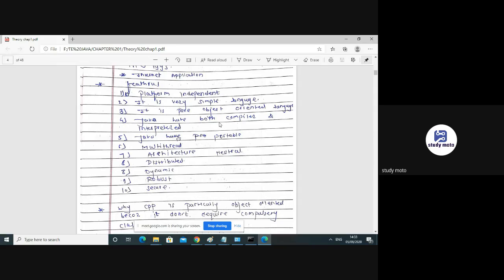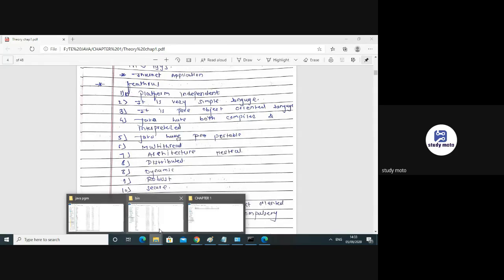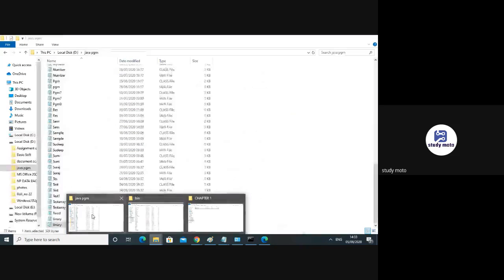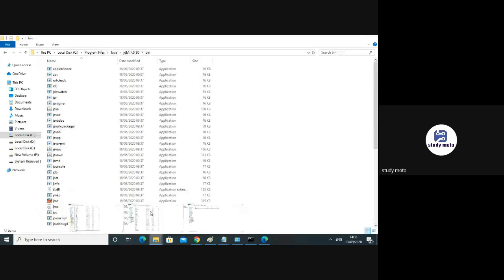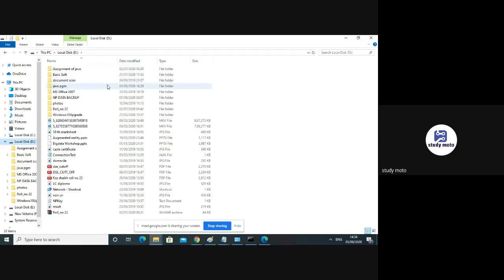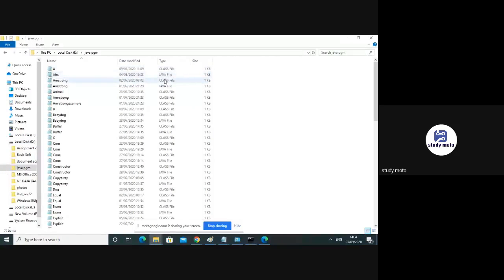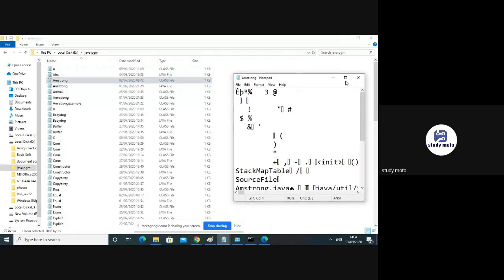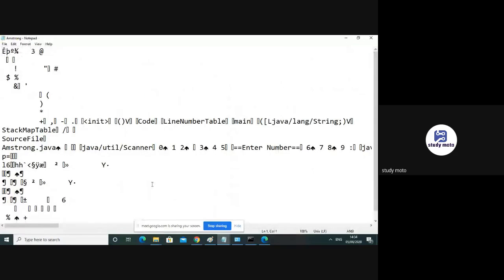Because it generates bytecode, and bytecode cannot be read by anyone. That is the code of the Armstrong number, so it can't be readable by anyone. So it is very secure.